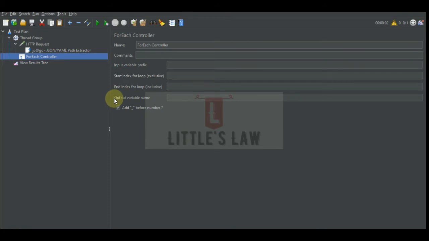This is the value that we are going to refer to, the value that we're going to send as a parameter. So let's now define the values here. We'll define this value as URL array, since we are going to refer to the URL, and the output variable we'll define as URL index, and we do not give any start index or end index. So whatever value comes under the reference value, we'll extract it and give it the output variable name, and we check this add